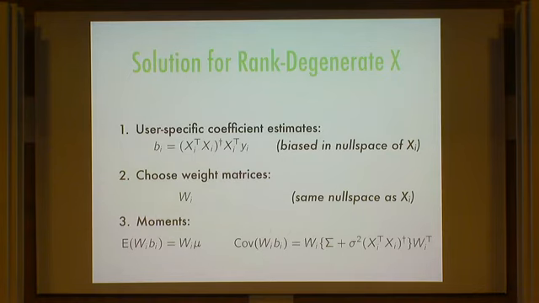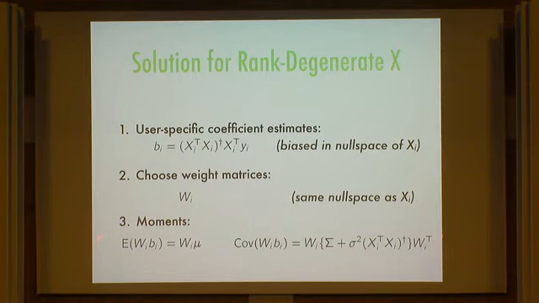Okay, so there's still information about mu in this bi. So what I'm going to do is choose a weight matrix that kills the directions orthogonal to the row span of x. Basically, I'm going to choose a matrix that puts weight on directions where there's information and 0 in directions where there's no information. And if I do that,